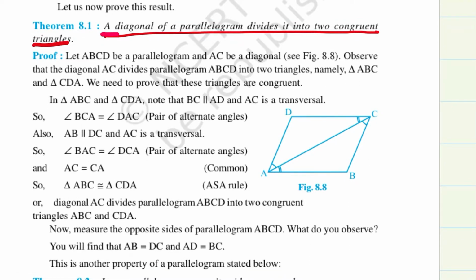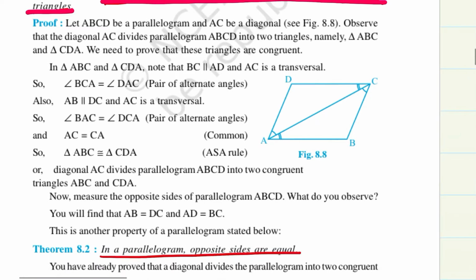The diagonal of a parallelogram divides it into two congruent triangles. Let us take a parallelogram ABCD and in the parallelogram AC is the diagonal. Observe that diagonal AC divides parallelogram ABCD into two triangles, namely triangle ABC and triangle CDA. We need to prove that these triangles are congruent. So, in triangle ABC and triangle